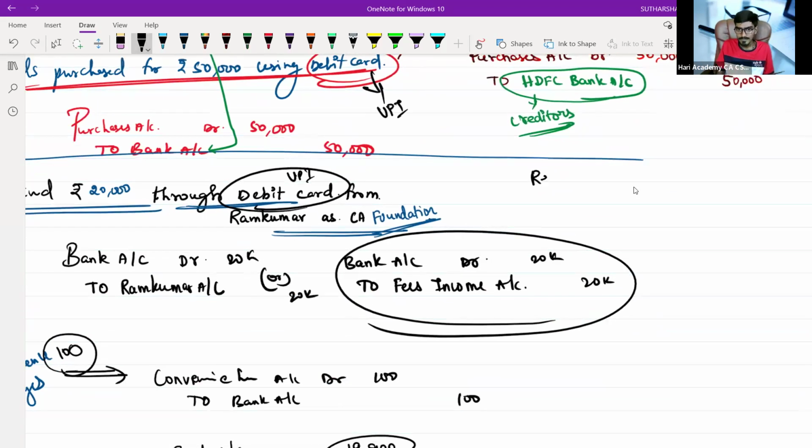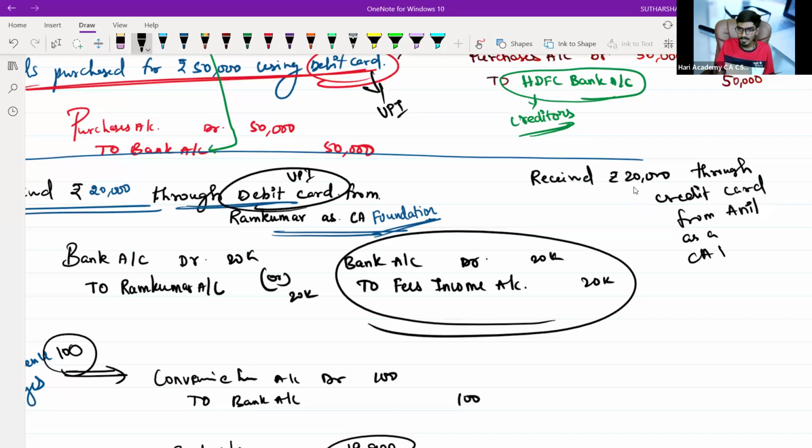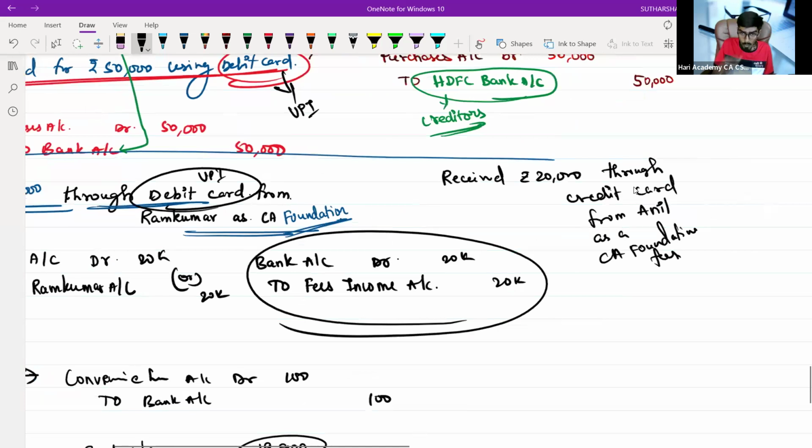Received rupees 20,000 through credit card from Anil as a CA foundation fee. Now also,